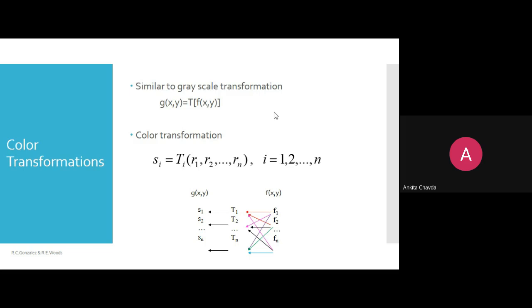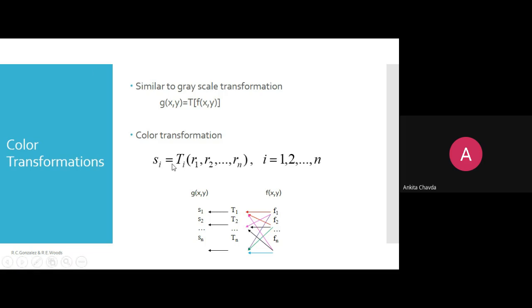R and s. But here you are not having a single r. Intensity is also r1, r2, r3. R1 is for the red plane, R2 green plane, R3 blue plane. So three intensities, and based on how you are applying the transformations, you will get S1, S2, S3. So again, it will be in terms of a vector. It is not a single value, right? So what is in this color transformation?